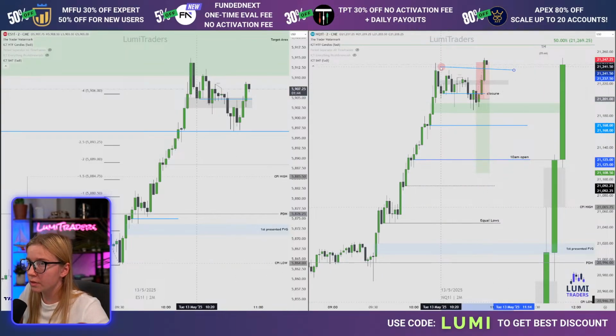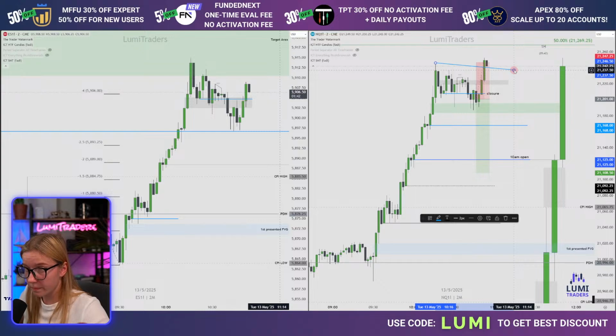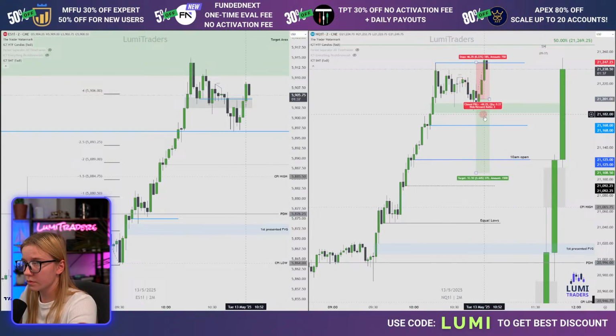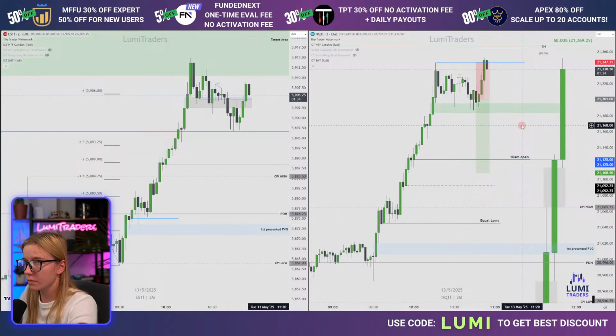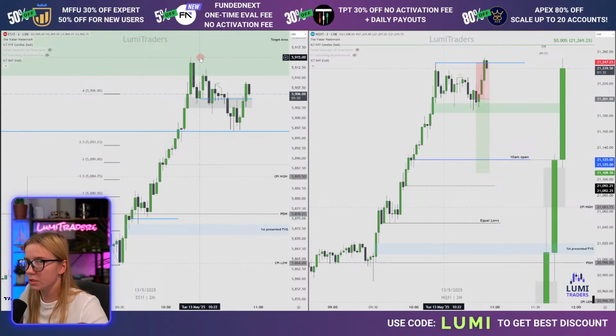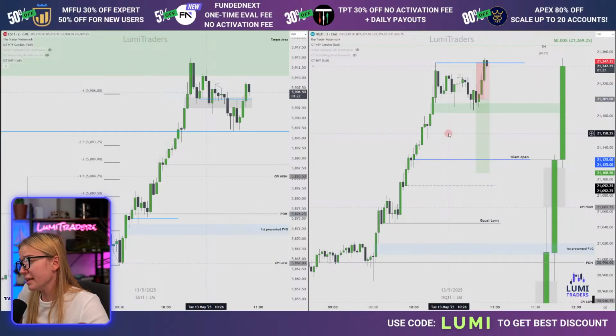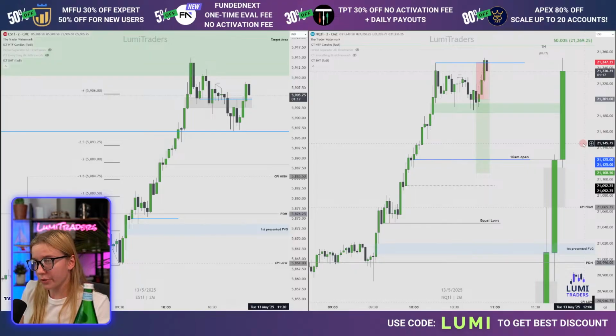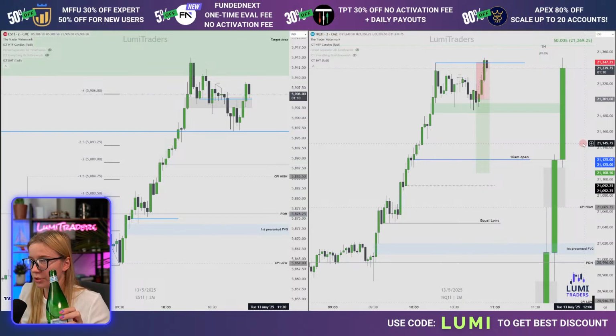So we got a new highest of the day again. Yes, still interesting. Still trying to stay inside this range. I mean, yeah, it was a good try. I'm not going to complain about this. I'm just not going to trade after 11. This model gives me like one trade a day.